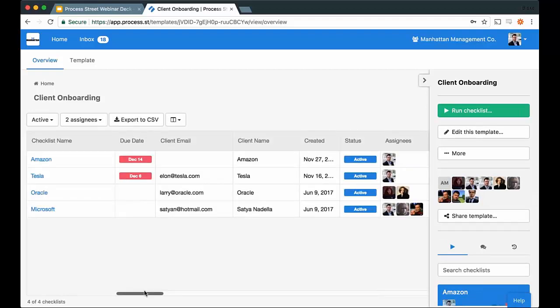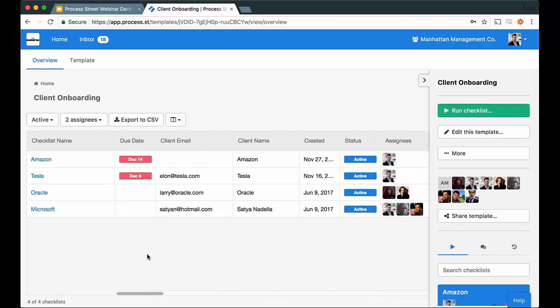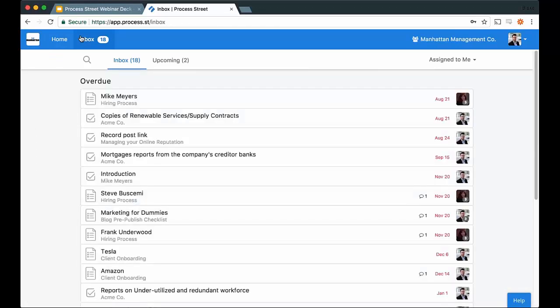Essentially, you're able to see all of this information about essentially every element of that entire process all right here, sorted however you want. Really, really useful tool. Other things that are really useful, especially for teams, is a feature that we have called Inbox. That's right up here next to the home button. And what that does is that automatically pulls in all of your assigned tasks and checklists from everywhere in your